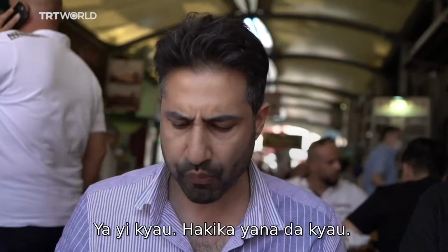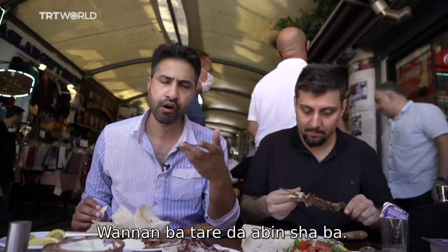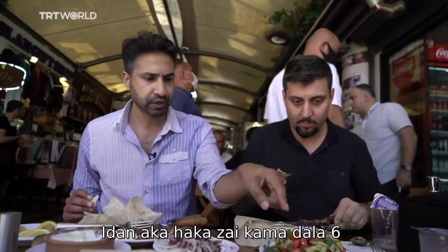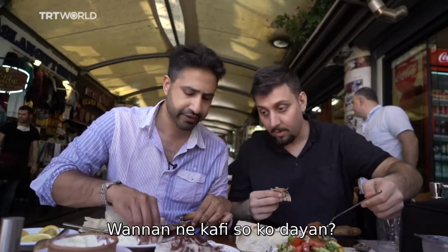That's so good. Really good. Look, the entire meal per person is probably going to be about $5.50 before our drinks are included, which takes it to about $6 because of the size. And it's pure lamb. It's a decent sized portion. Uğur, what's your take? You prefer this or do you like...